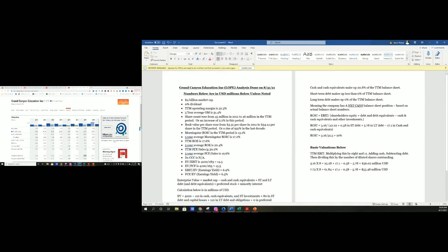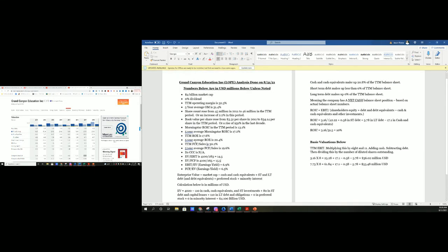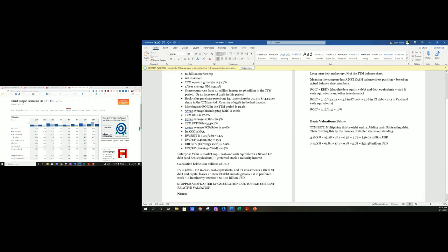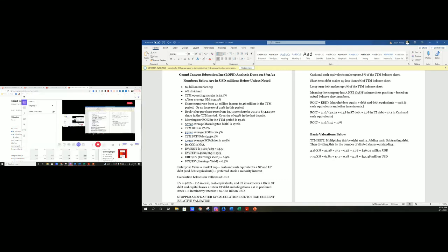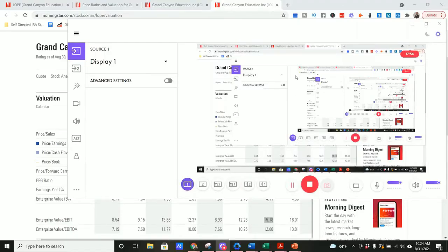But right now, this is where this analysis is going to end for me when it comes to Grand Canyon Education, because it's overvalued. Still looks like a great stock. I will add it to my watch list. But until it becomes more undervalued, there's no point for me to continue further looking at it, because again, as I've said in some of the videos, this is where this part of the analysis is where most of my companies I look at that I find...